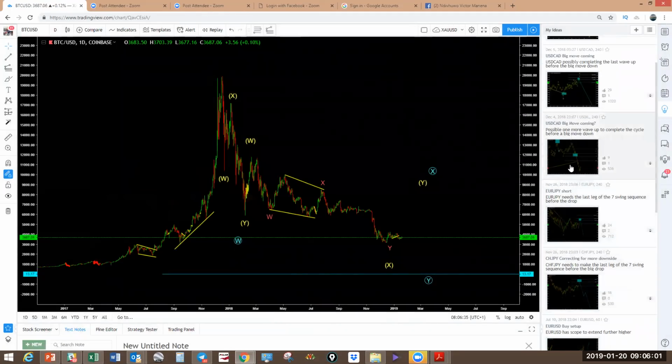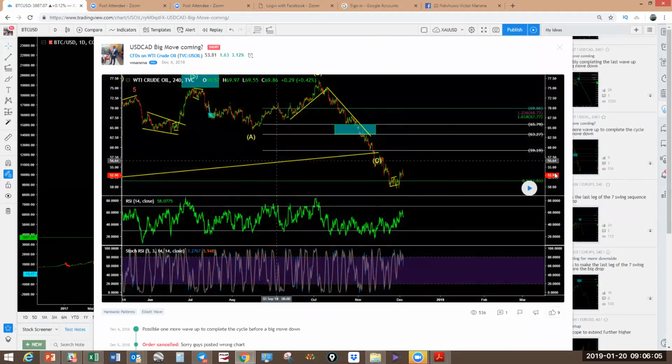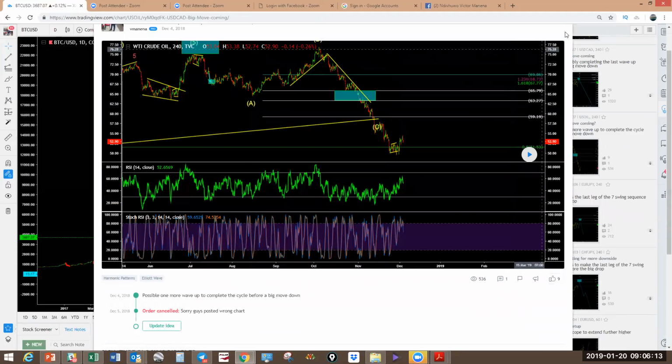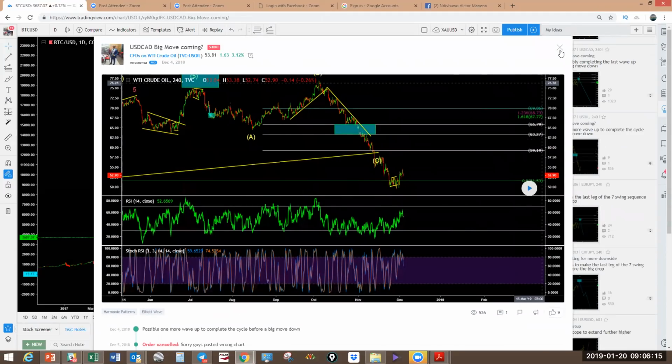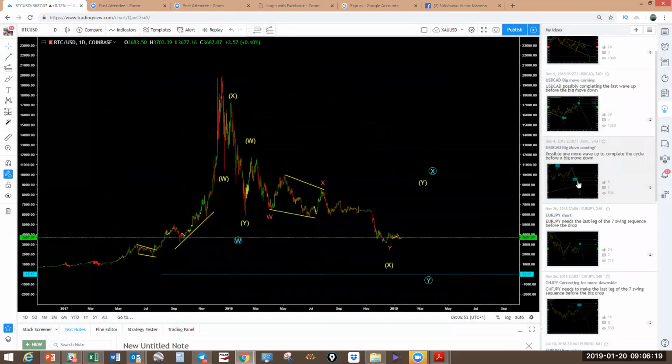If you see this US dollar CAD move, it was actually a mistake. I posted an oil chart accidentally. That's why you'll see in the comment I said order cancel. So this was a wrong chart. Unfortunately, on TradingView, if you post a chart and you don't delete it within 15 minutes, it stays there and